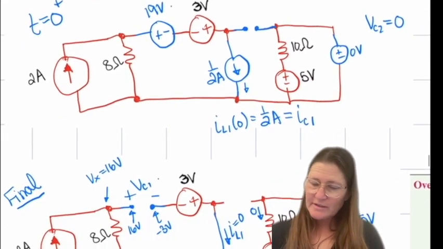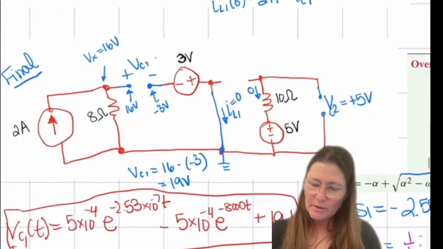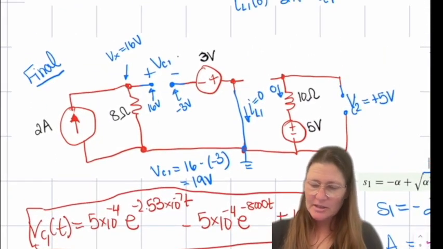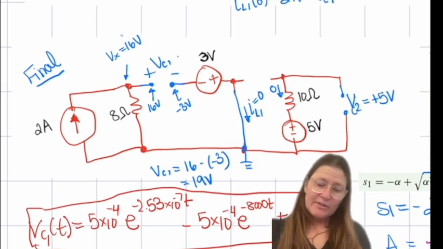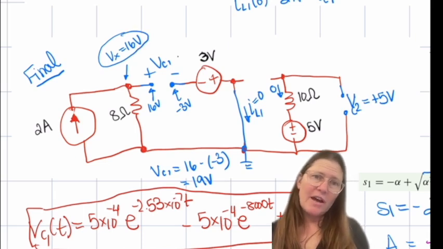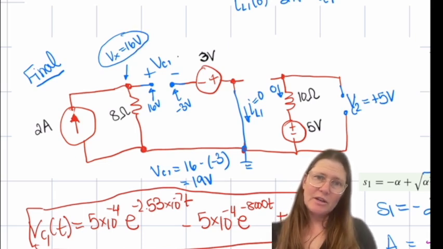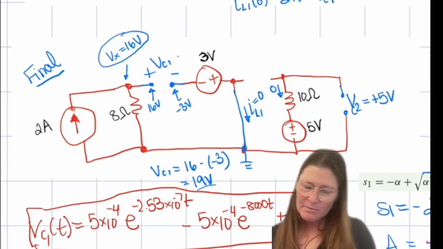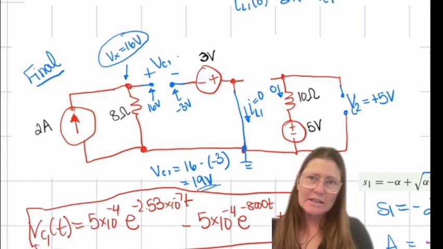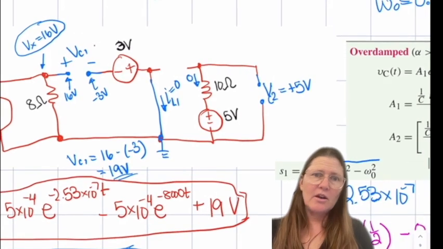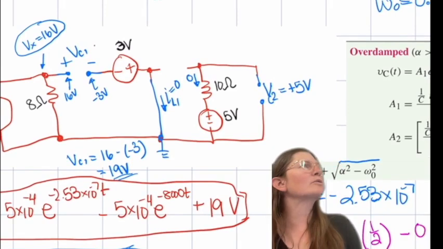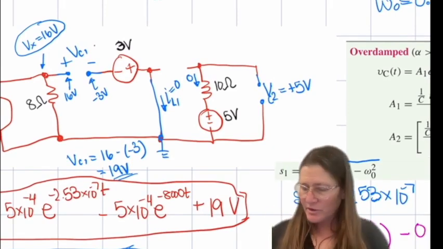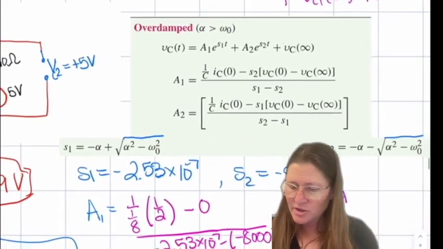So those will stay the same for the 0 plus, and then in the final state, you're gonna have the 16 volts again on that side, and then the minus 3 on the other. So you're gonna have the same voltage as 19. And then on IL0 or IL, you'll have 0 because it will be disconnected from the other side of the circuit. So overdamped, you need